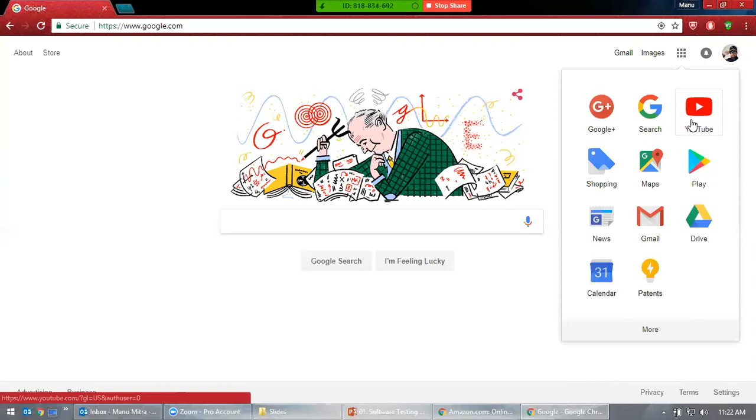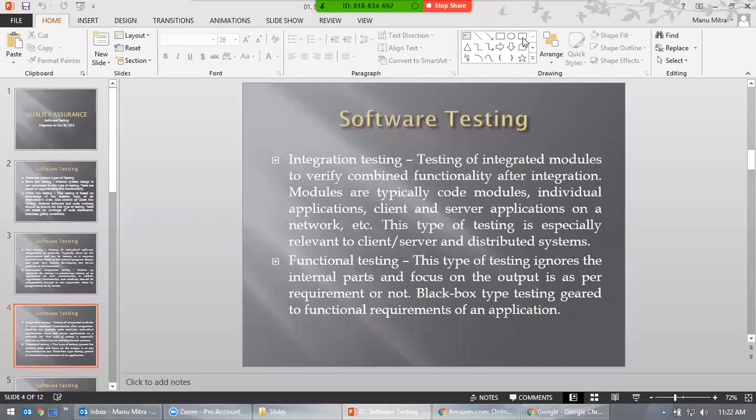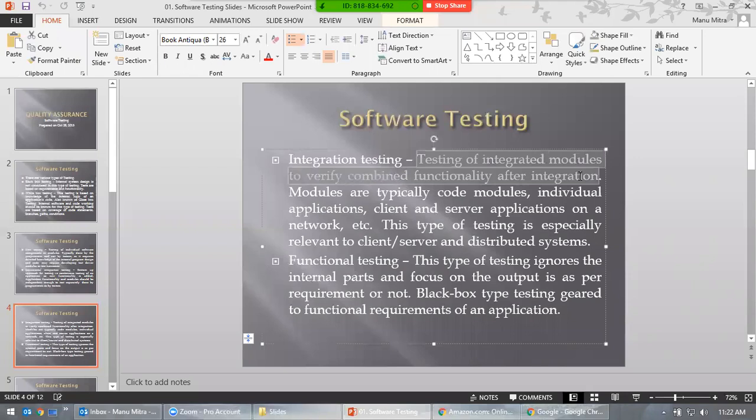Is it working or not? That's the main theme of integration testing. So let's go back here. What is integration testing? Testing of integrated modules to verify combined functionality after integration. That means after integration, are the applications working or not?